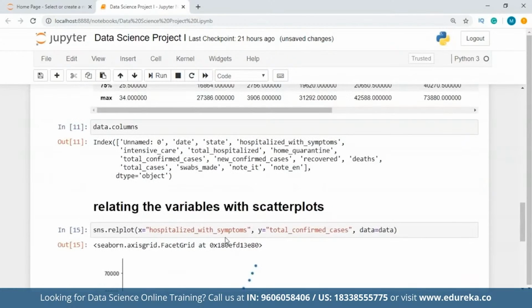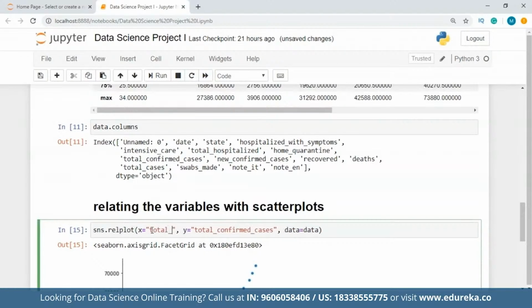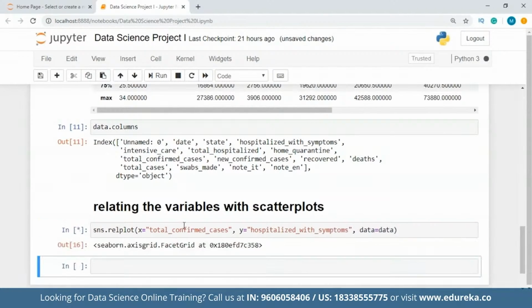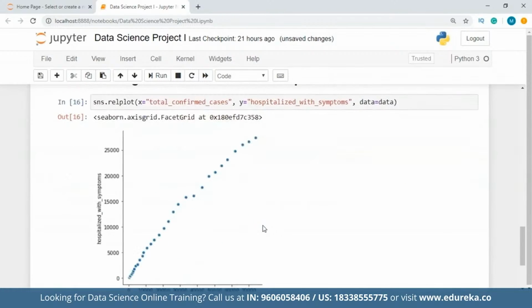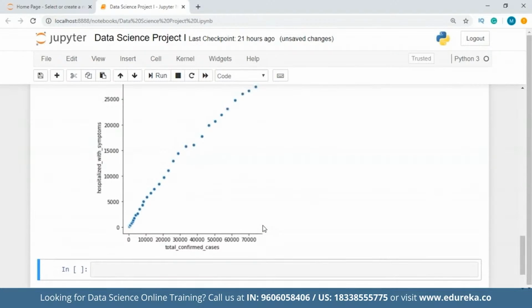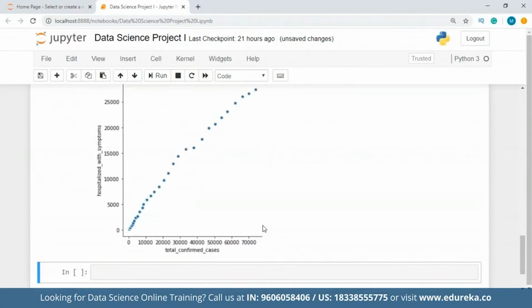Okay, we're just going to change these. And let's take a look at hospitalized with symptoms. Okay, so now we can see that the people who are hospitalized with symptoms are reaching more than 25,000,